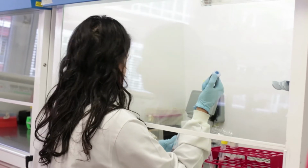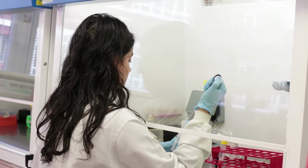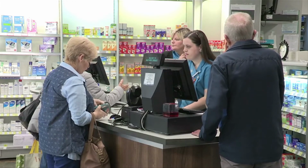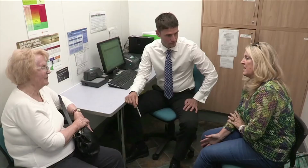These advances are only possible because of the programme of 100,000 genomes led by Genomics England, which has meant that there are now genome sequences within the routine healthcare record. We're now working to agree how we make this information available on electronic health systems, both in hospitals and GP surgeries. The ultimate aim is for this to be of benefit to patients so that they can be prescribed safer